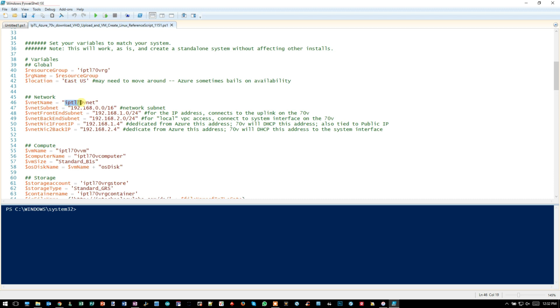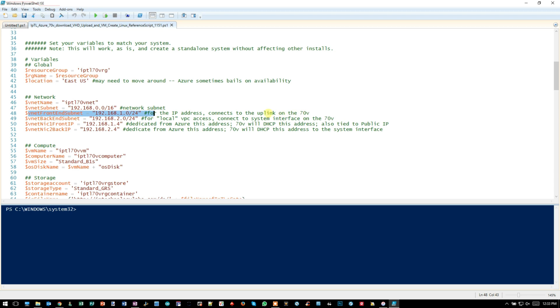Here's the handle for the subnet. One thing about Azure, the way it's designed is that all of the network interfaces that are attached to a virtual machine have to be within the same subnet. You can't have different subnets. That's a limitation of Azure, and if you want to actually connect between subnets, they have a whole different set of configuration for that. So here we're going to have a front-end subnet, which is in that range up here,